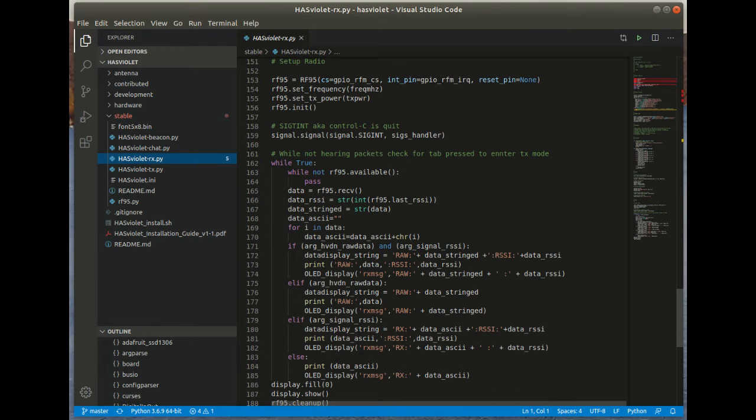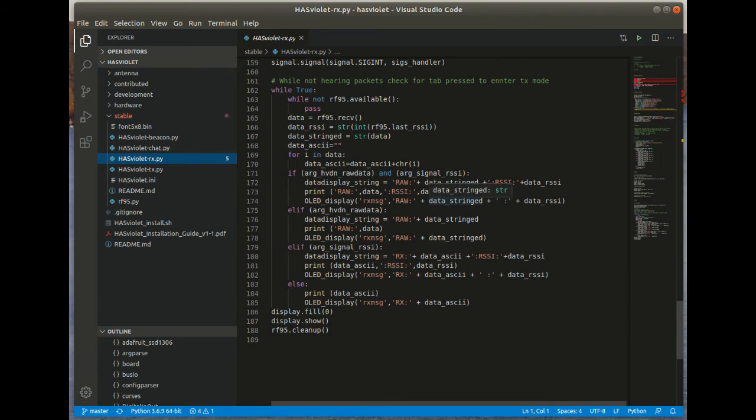Again, we want to make sure we have our signal handler set up, and this is the core loop. If you're into amateur radio, think of it as a repeater. You're always listening for a signal before you do anything. If you don't see any signal, go ahead and do other things. So right now, while we are not seeing anything, we just keep looping. But once we see something as far as RF95 available, then we go through the routine of